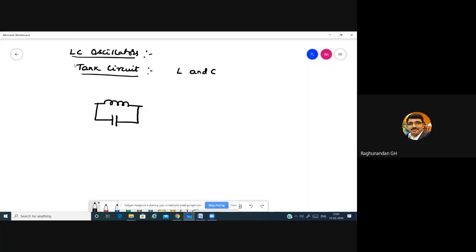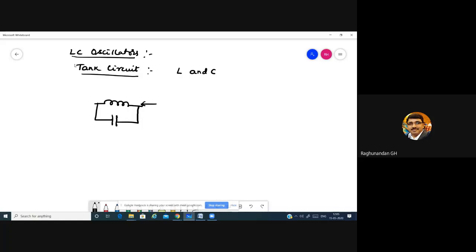So L and C were acting as resonant circuits. Here the inductor and capacitor work in such a way that whenever a signal is passed through, one of them is going to charge and the other one is going to wait until the other component is charged. Here we are considering two components, inductor and capacitor. When the inductor is charging, the capacitor will not charge, or when the capacitor is charging, the inductor will not charge. It will be in that way.